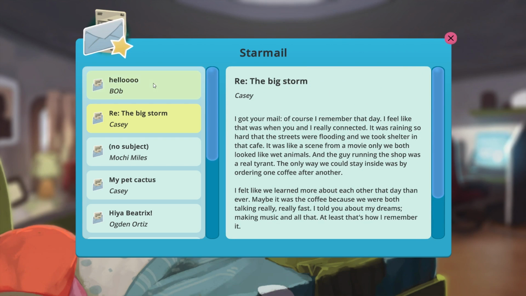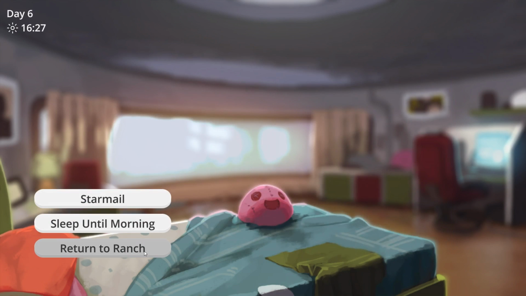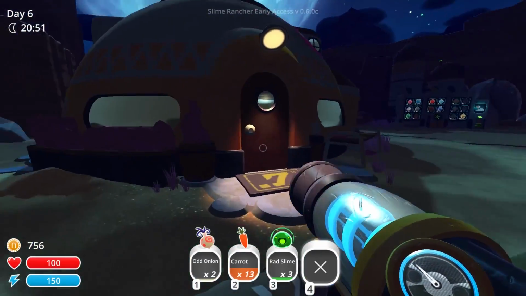Oh, Casey. So it sounds like we had quite the relationship with Casey back home. And here's Bob, too. Hello, chickens. Okay. He has a little obsession with chickens, it sounds like, which makes sense because he did want a lot of our chickens. You know, maybe if we sleep the night inside our house, our carrots will be ready,